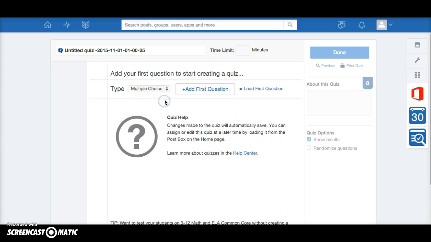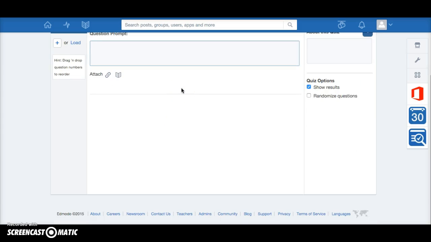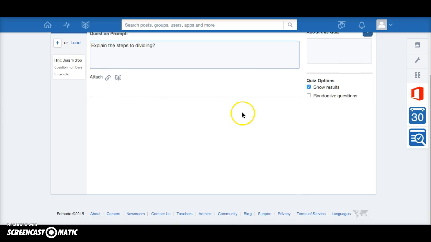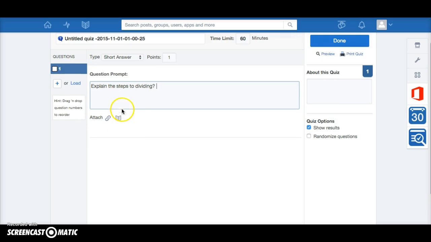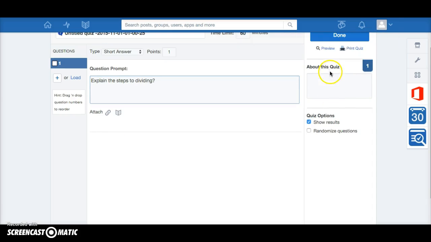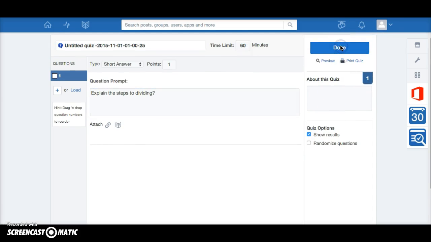You have any of those options. So if I wanted a short answer, and I click on add question first. So my question is going to be, explain the steps to dividing. And they have to list the steps that I gave them in their notes. They have to describe each step to me, how they can divide a problem. And if you need to attach a file instead of typing it in the question prompt, you have that luxury of doing that. So when I scroll upward, I click the done button,